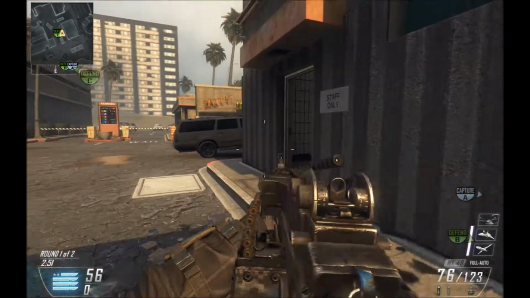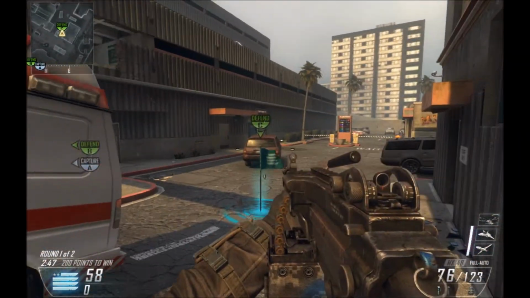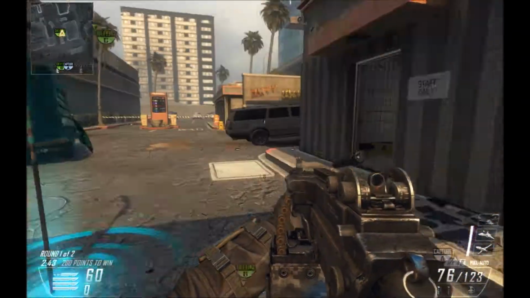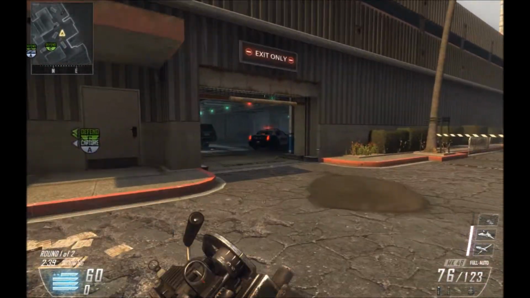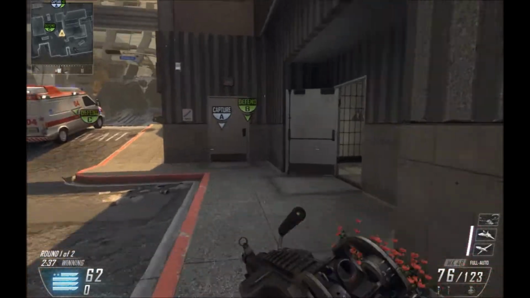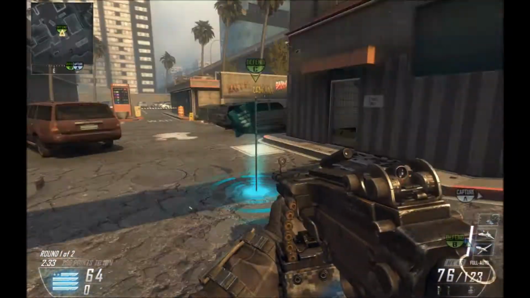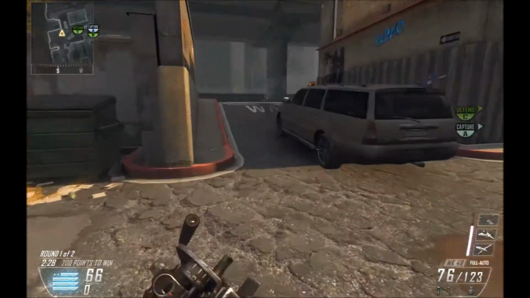So you're going to be ready. So you're going to be standing here and you're going to have a guy come out and you'll be fine. Now that's when you're capturing. When you're capturing, they can spawn back here. They can spawn over here. I've seen them spawn inside this building. I've seen them spawn around here. I've seen them spawn directly on the flag, but they tend to spawn right back in this area and this